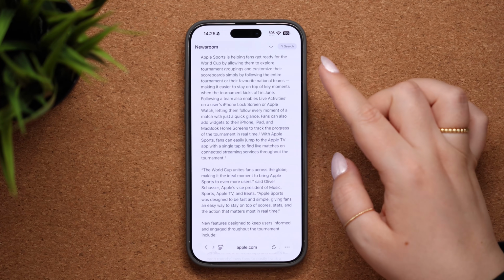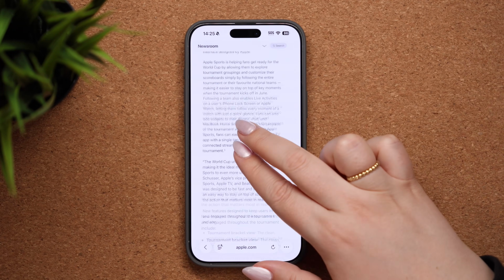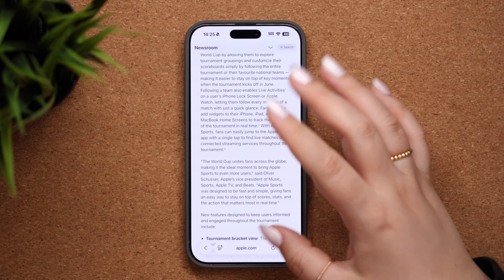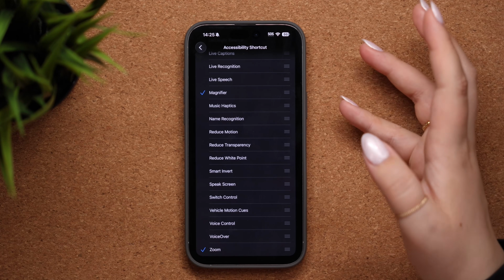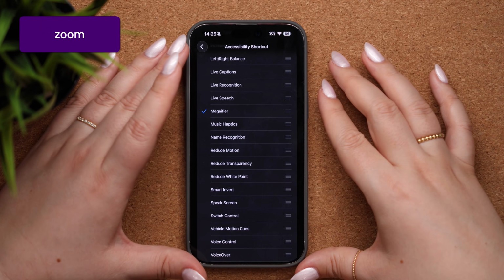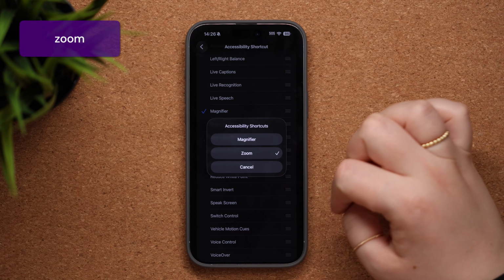Now, when you're reading a website in, say, Safari, it's pretty easy to zoom. You can just pinch in and out at any time. You don't have to activate zoom to do that. But a lot of apps, especially third-party apps, won't let you zoom. There's no, even in settings, like there's no ability to zoom in or out. So after I've done the 3 clicks on my side button, 1, 2, 3, and I've turned on zoom,